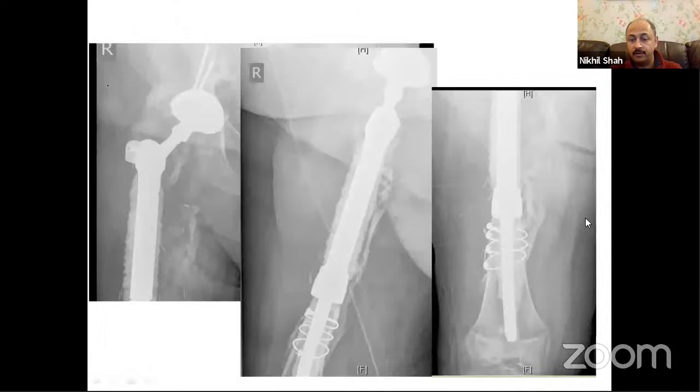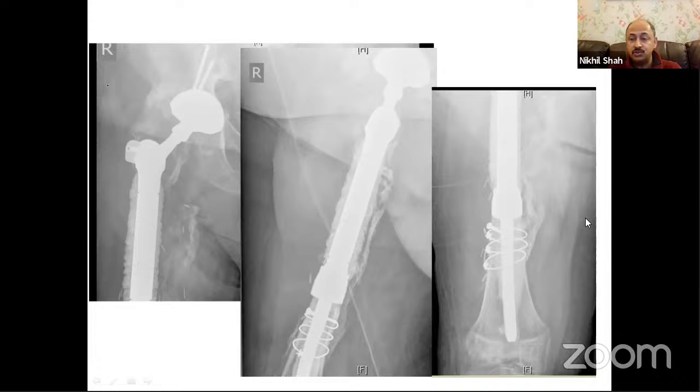So in this case, what we have done is a proximal femoral replacement using a megaprosthesis, fixing it in the distal fragment. But because the distal fragment also had intrafragmental comminution, we have used some cerclage to try and fix it and then cement it in. And then we coat the proximal fragment with cement loaded antibiotics, or you can have a silver coated prosthesis. And it has this little trochanteric plate.